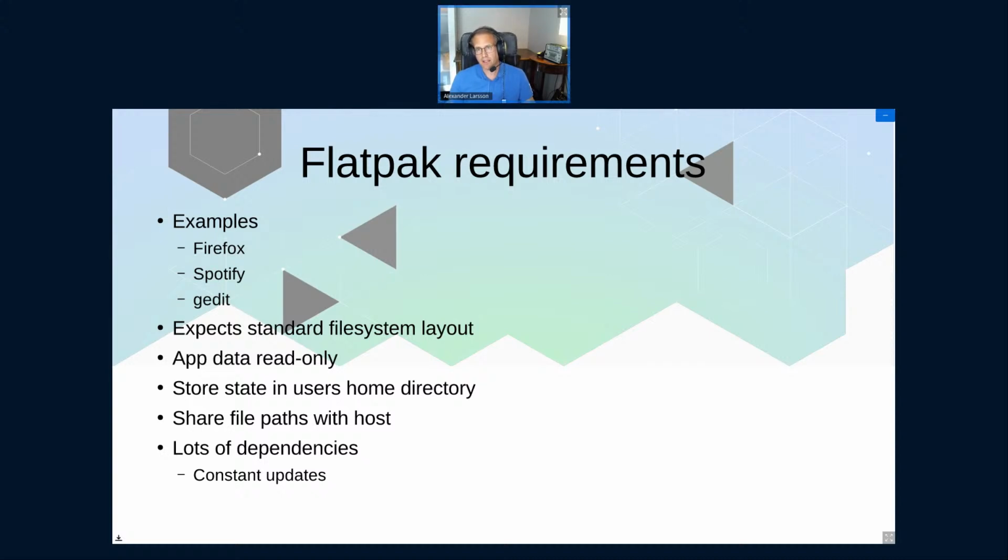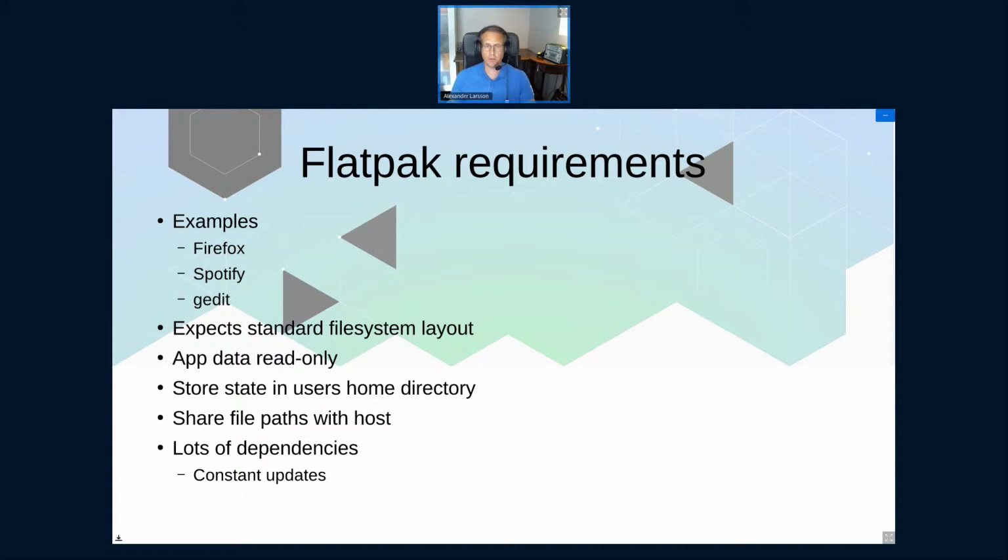And the file paths, if for whatever reason you want the app to have access to, say, your home directory or some other directory, it has to have the same location in the sandbox as on the host. Because if you click on a file in a file manager or start something from the command line, and you switch over to the sandbox, and you load the same path, and it's not mapped in the same way, it would be extremely confusing for the user.